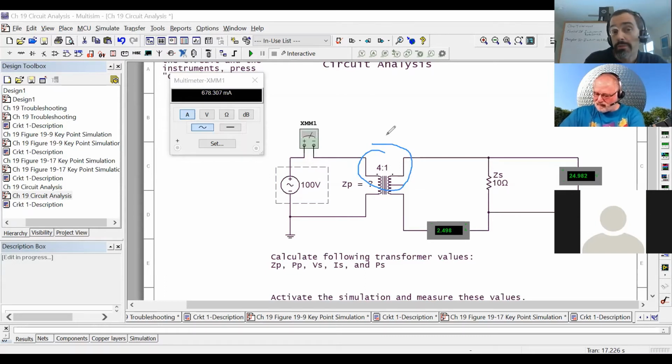Depending on what you have. In this case, if you look at this transformer, you'll see that it does have a center tap to it. That's this guy right here. So if I blow this up a little bit,